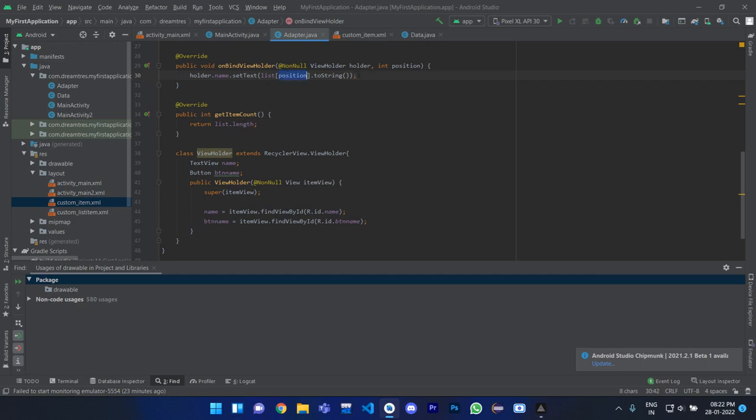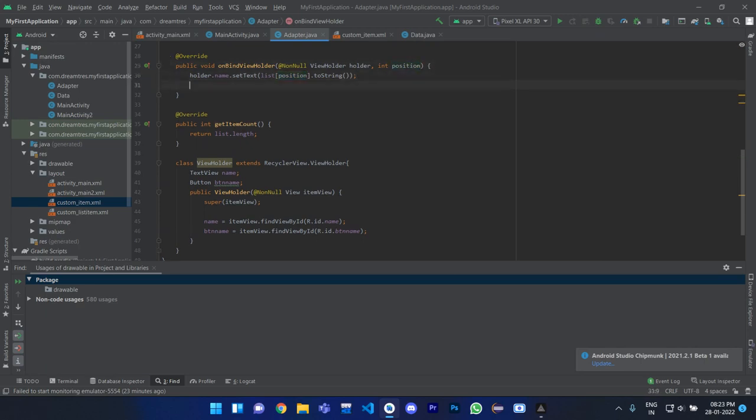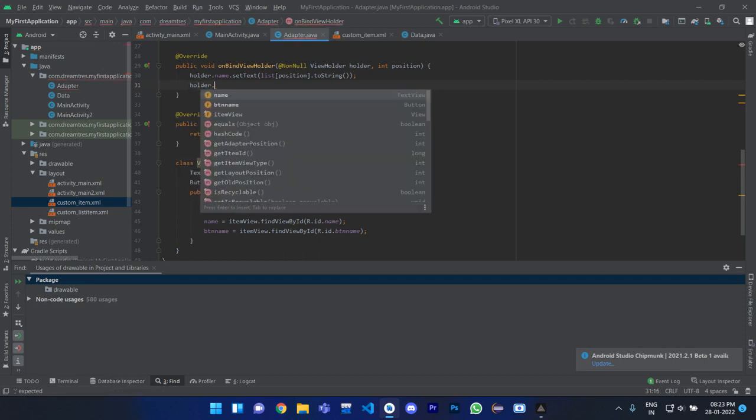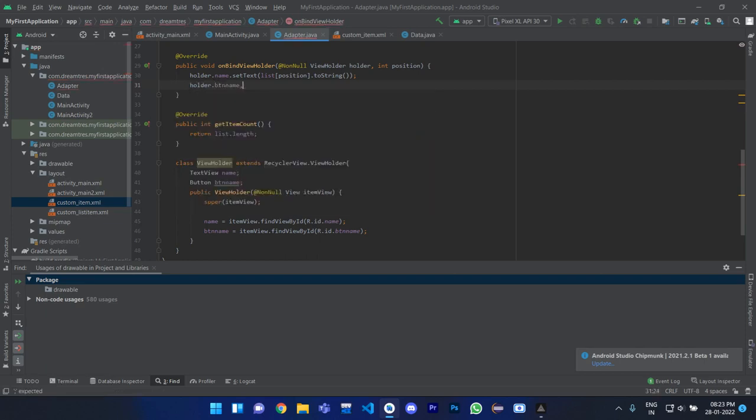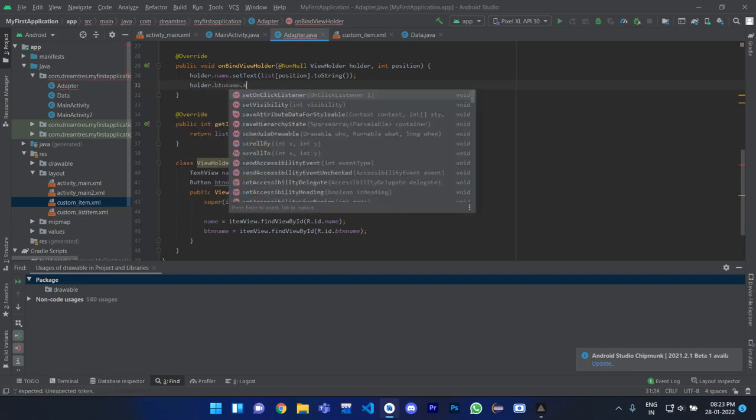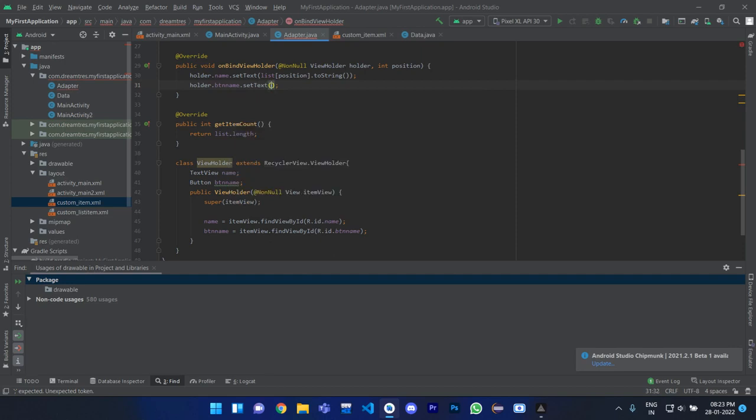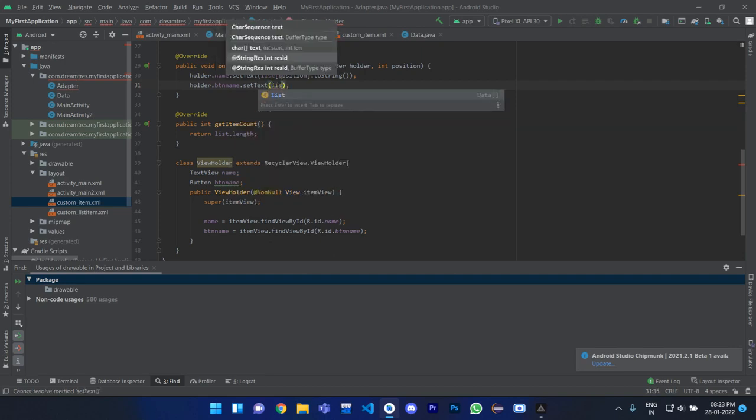List of position points to the current position that is passed over here, and it will assign the data to it. And the same for the button name, sorry, holder dot button name dot set text, list dot